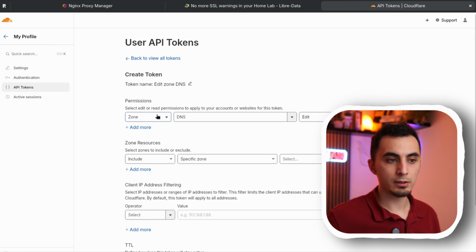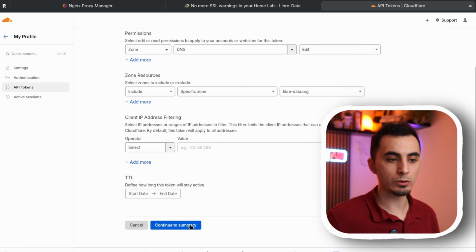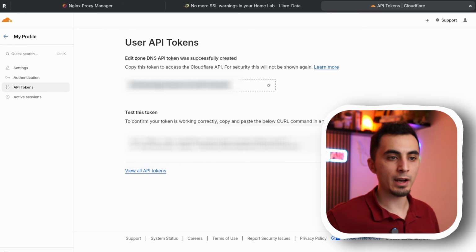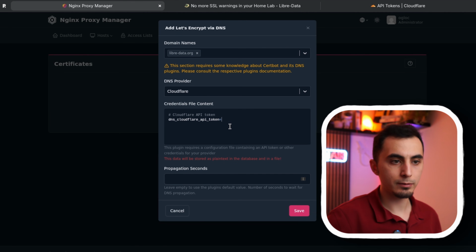Permissions are OK, so you have to select zone, DNS, and edit. And under zone resources, you have to include specific zone and select your domain. Now scroll down and continue to summary and create token. Alright, this is the API token, so copy it and go back to Nginx Proxy Manager, paste it here, and